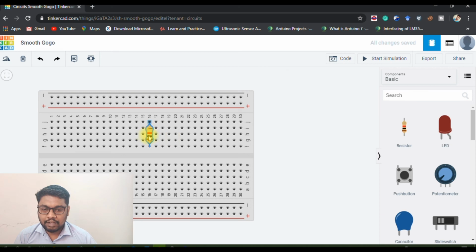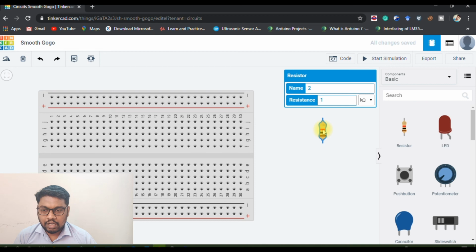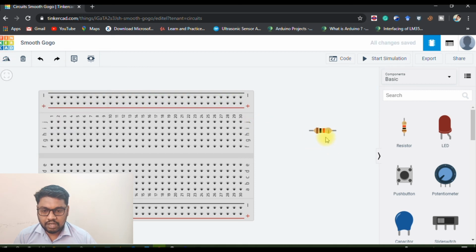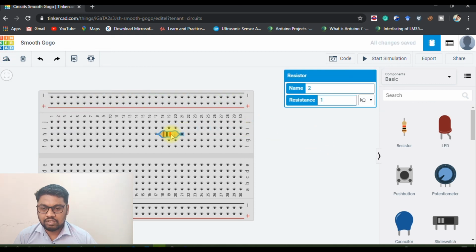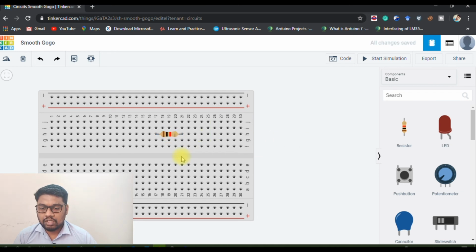Instead of that, I'm going to connect it like this. You need to rotate this resistor clockwise once. Now pick up the resistor and connect like this. So the signal from this line goes through the resistor and comes to the other end. So this is the way to connect a resistor, right?